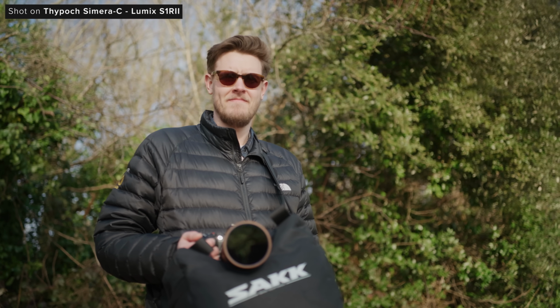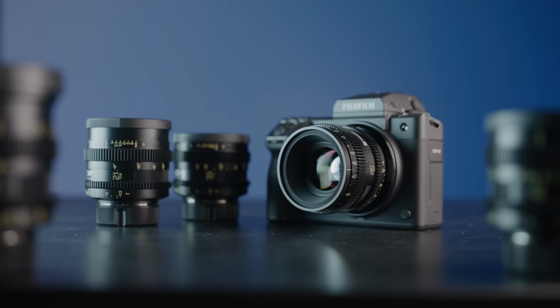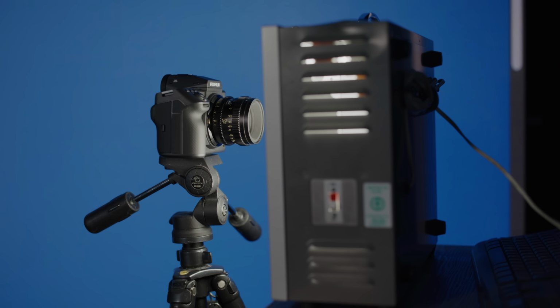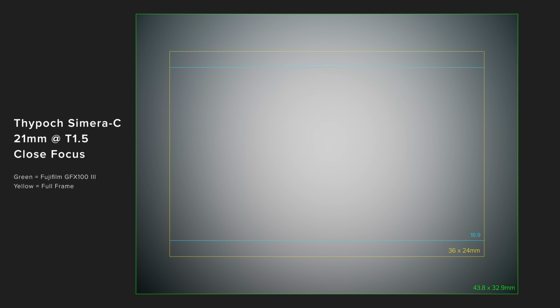But as we always do, I wanted to check how they perform exactly. So we chucked them onto a Fujifilm GFX 100 II using an M mount adapter so we can try and see how much they can cover. We have overlaid a 36x24mm frame guide on these stills so we can see how they will perform on regular